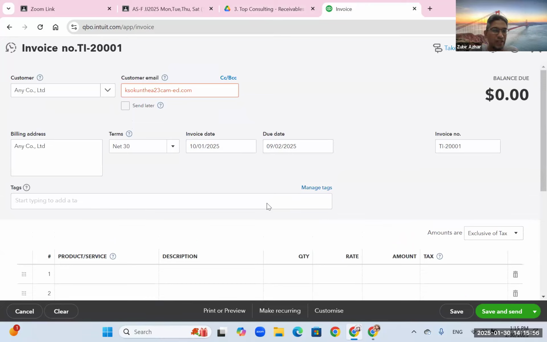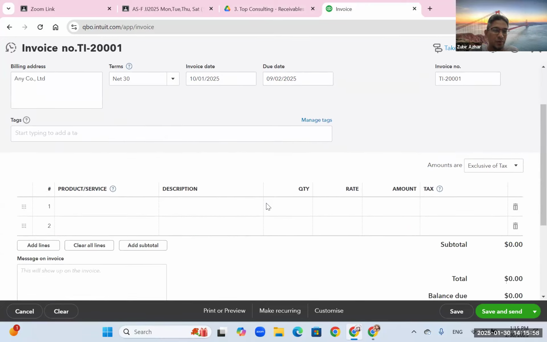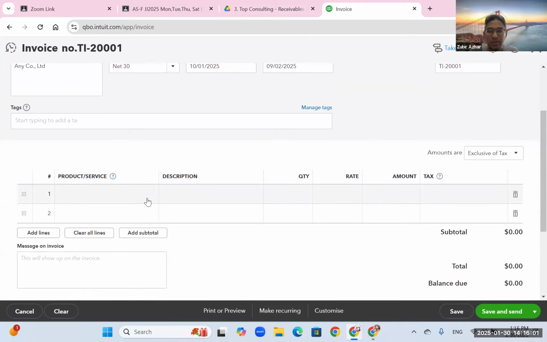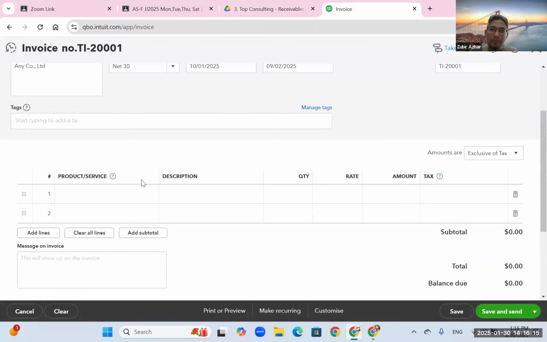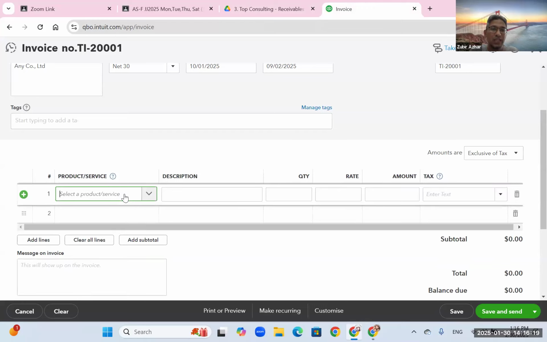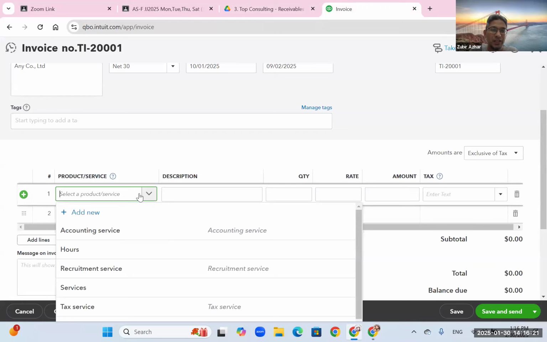Now, move down, we have product service description, quantity, rate, amount, tax. Now, what is the first item that we sell to our customer? Recruitment service. Go back to QuickBooks. And in product or service, you will need to choose which of the product that you want to sell.